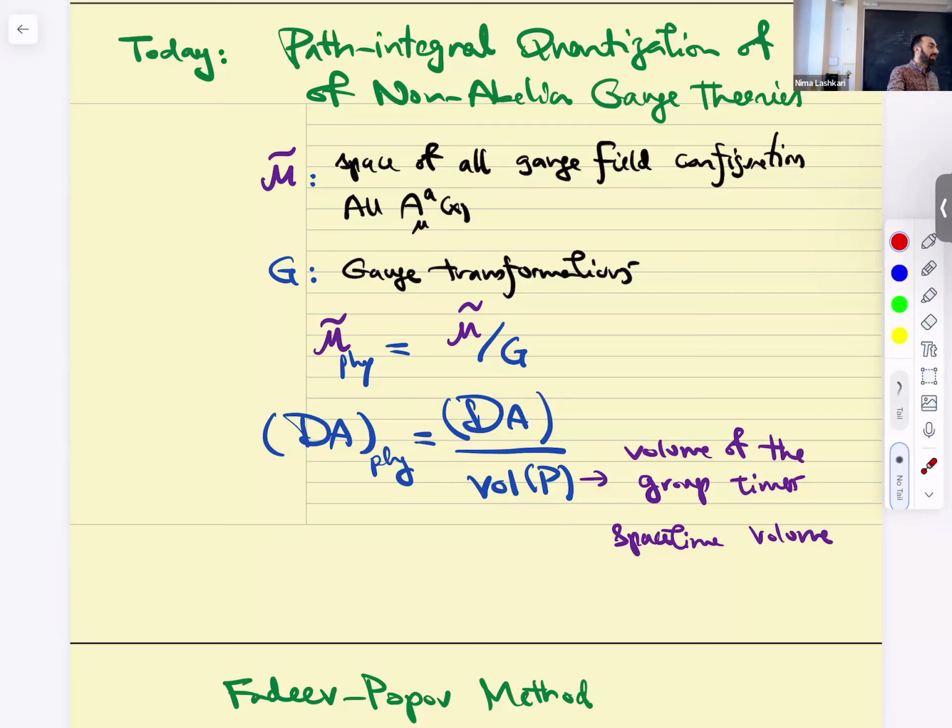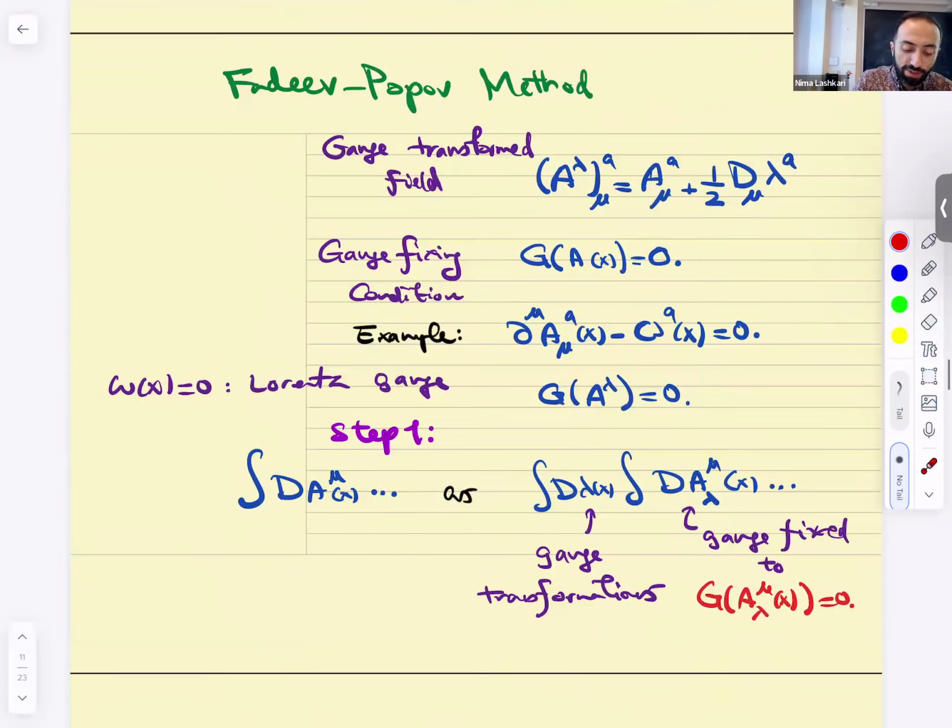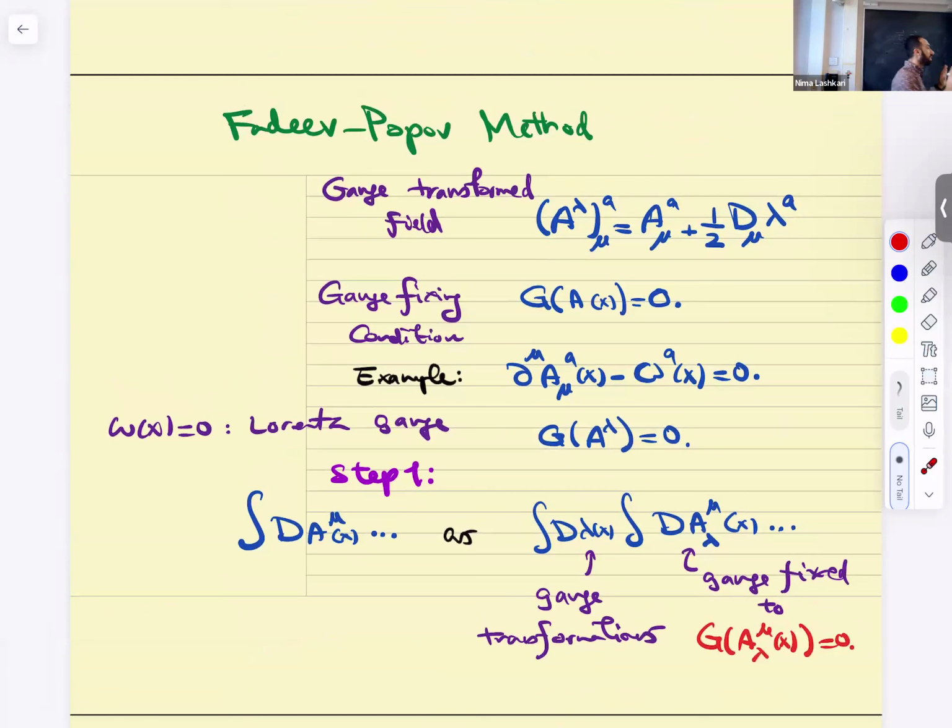Of course, there are divergences in everything, upstairs, downstairs, it's all divergent, right? But Faddeev-Popov told us how to deal with this properly. So I'm going to go over the philosophy first, because it could get a little bit ugly, and then go through the steps. First, let's set the notation to understand what we're talking about, because I'm going to heavily use concise notation. So let's just get this right.